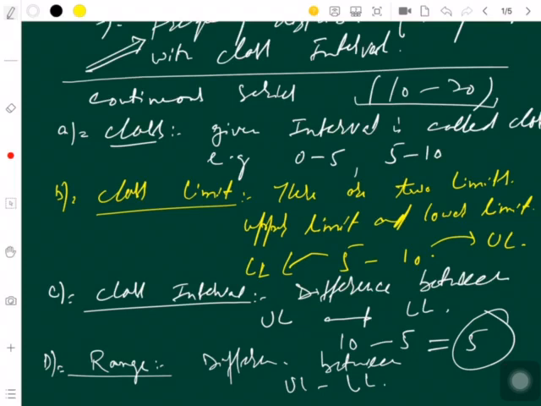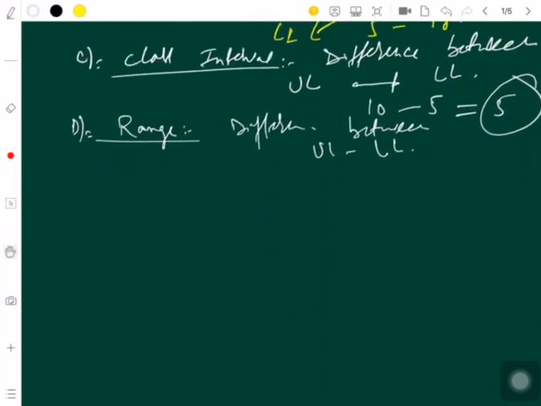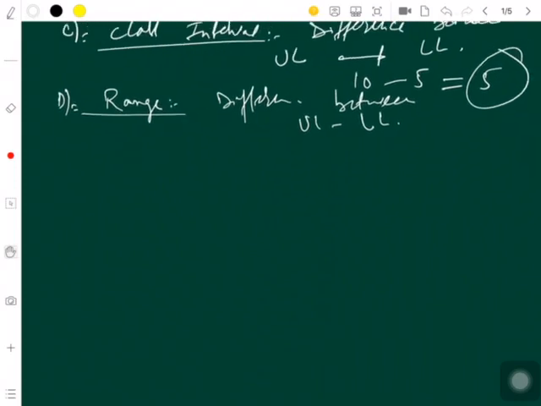But what is most important of all these terms, which you will be using rigorously in the coming classes, is this: